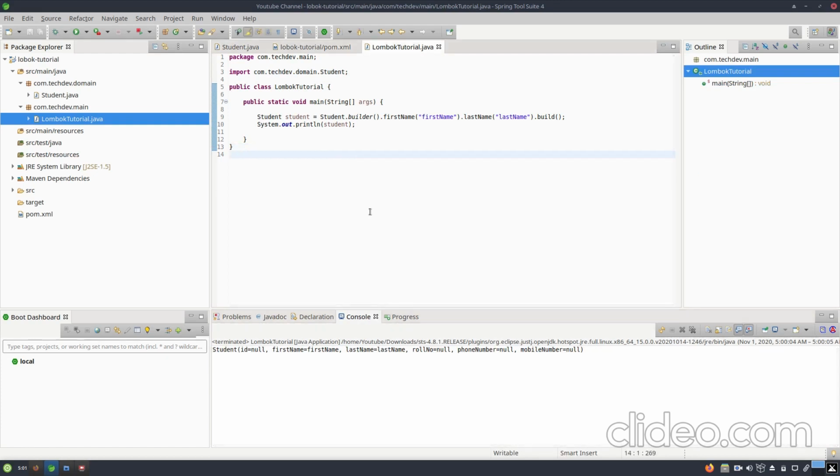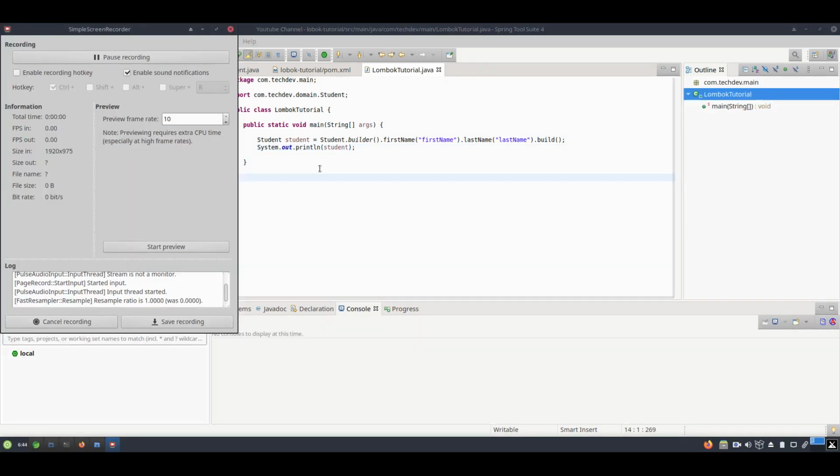So in this we have learned about the builder annotation, from which you can build an object with just the properties you want. And instead of creating multiple constructors for that, you should use a builder class or the builder concept.